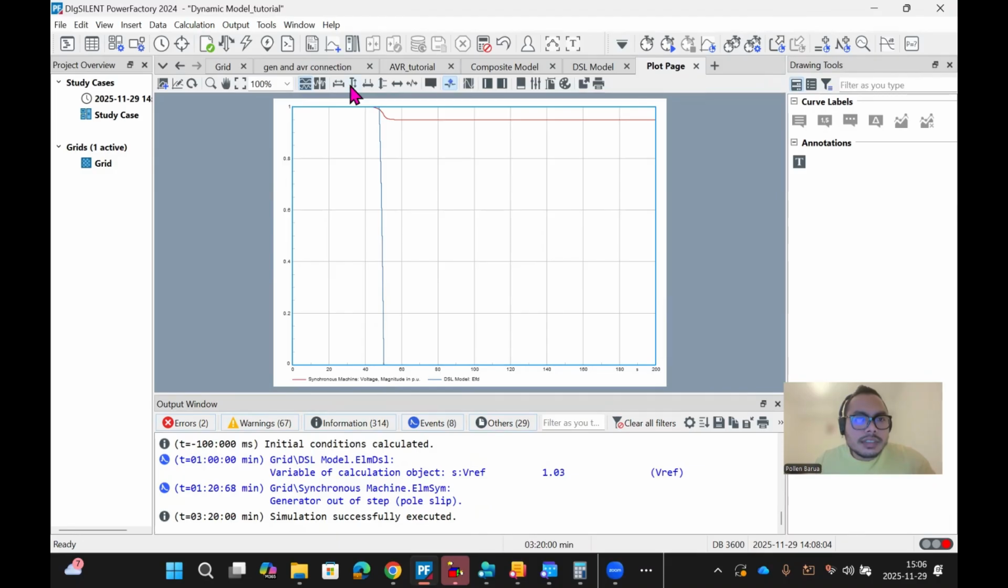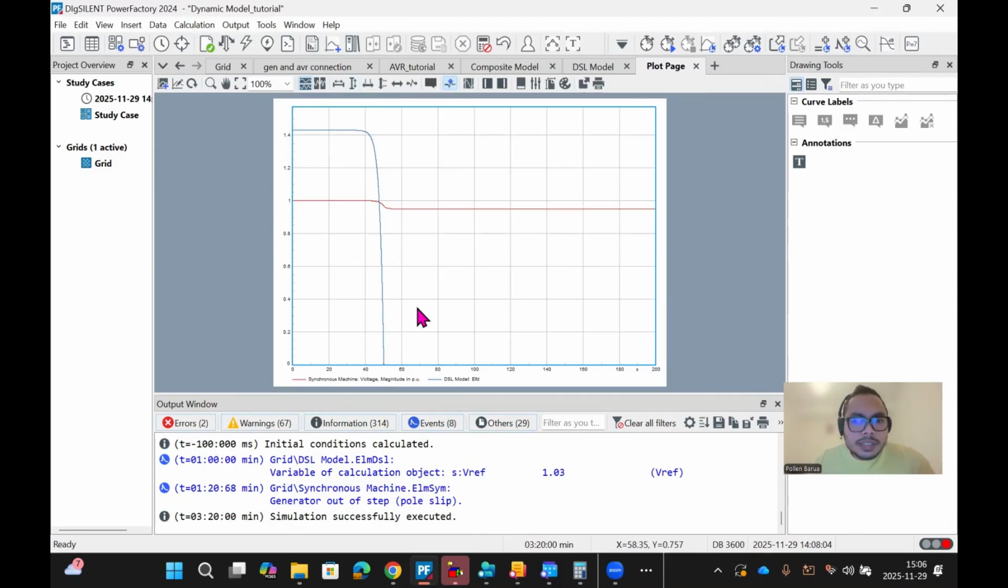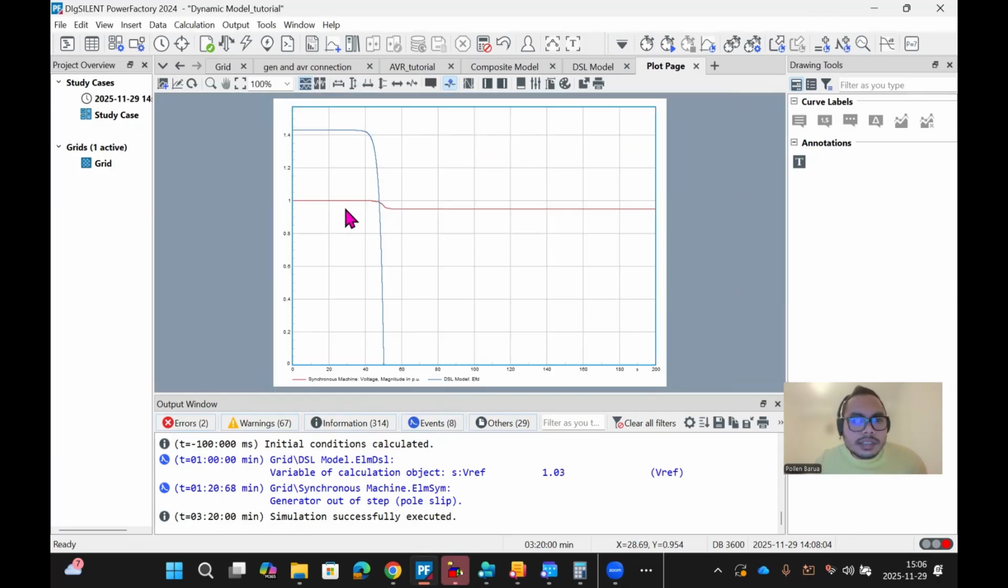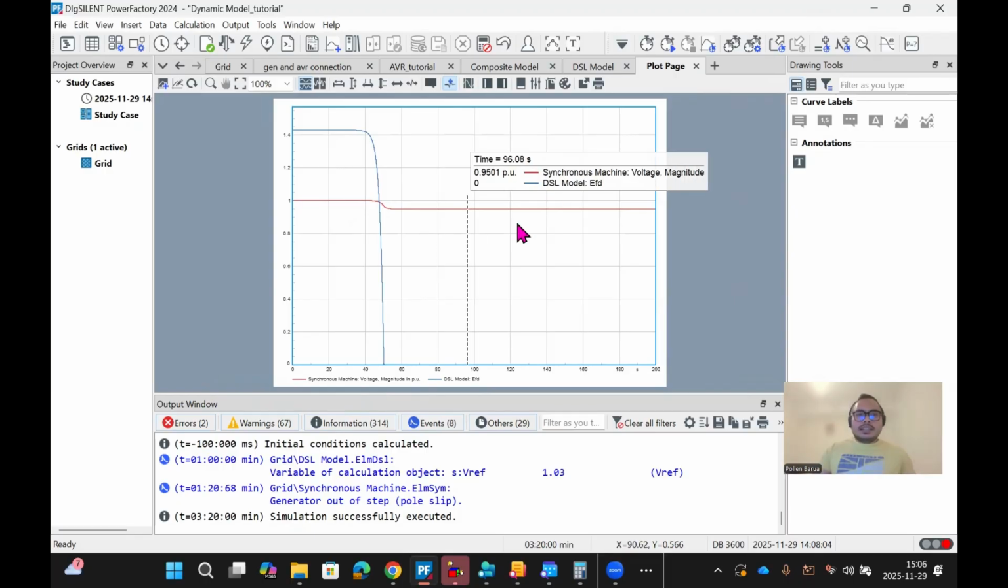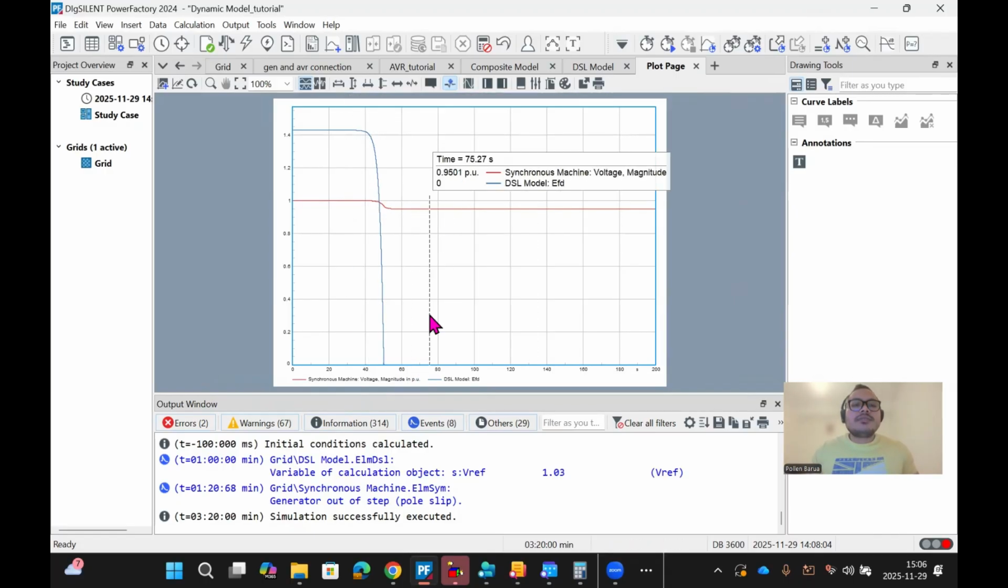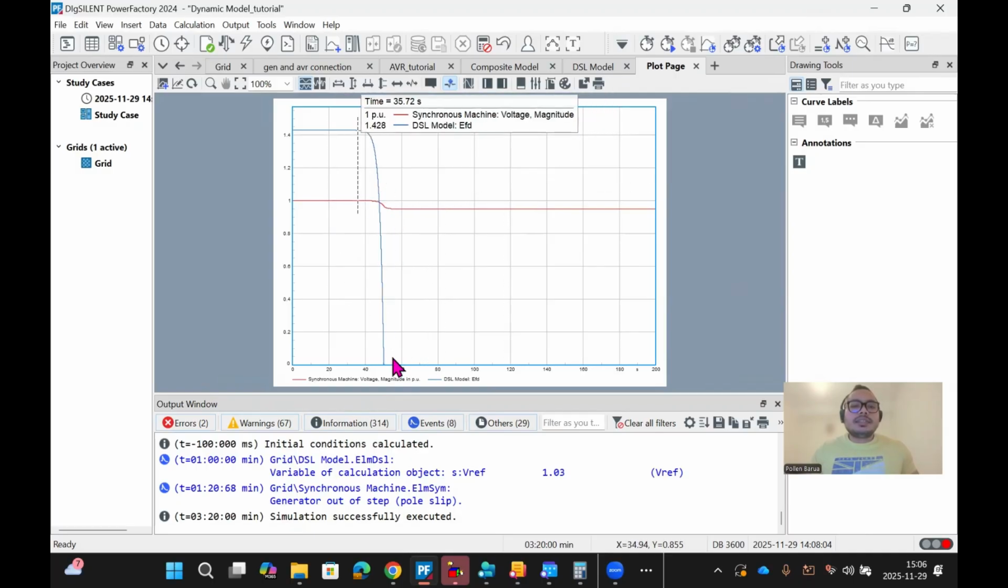And if we refresh this one, we can see that the synchronous machine voltage magnitude in per unit is decreasing, and this is decreasing. So we have confirmed that the model is actually working. That's why, if the disturbance takes place, this is reducing. Now we want to